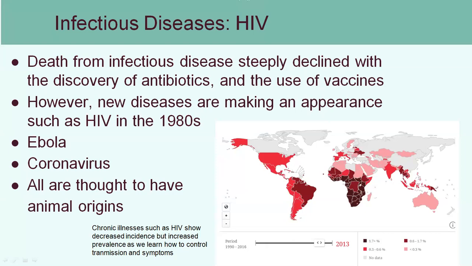Right now, we're kind of in the middle of a giant pandemic from coronavirus. So what is coronavirus? It's a virus that infects your lungs, and it's also thought to have an animal origin. This one came from Asia, and there are several other similar viruses that have caused SARS in the past. So those are respiratory syndrome problems. And this new version of coronavirus, as you know, has made its way all across the globe very rapidly. So when we're interacting with these animals, we do have to think about the health consequences of that.